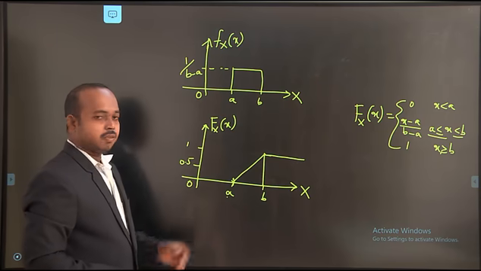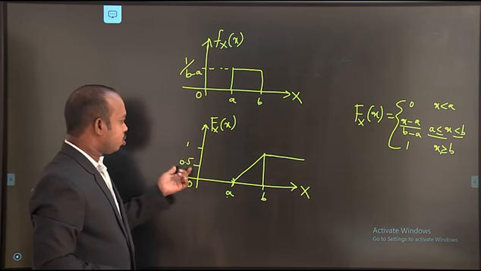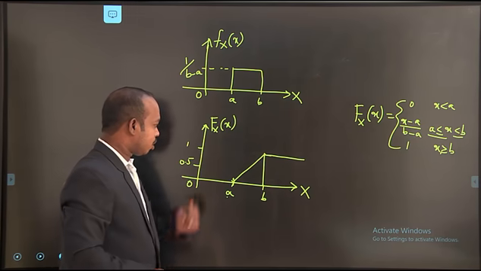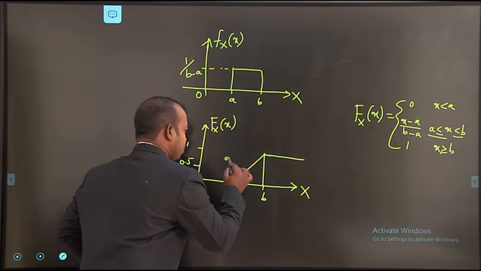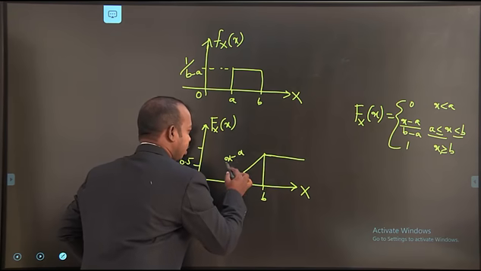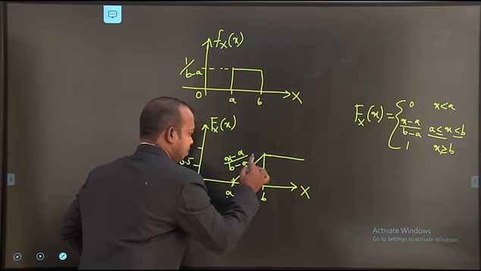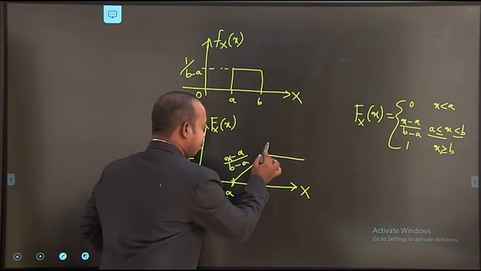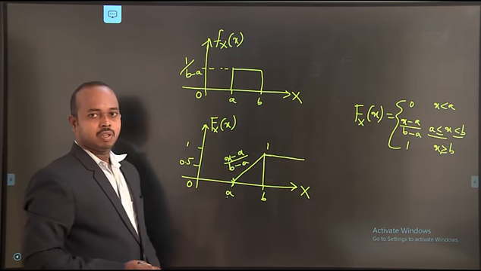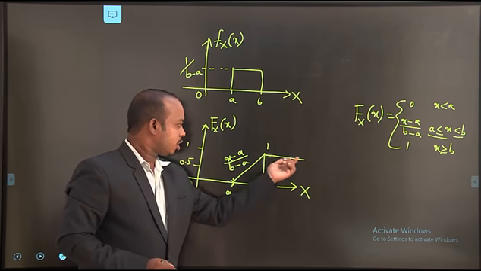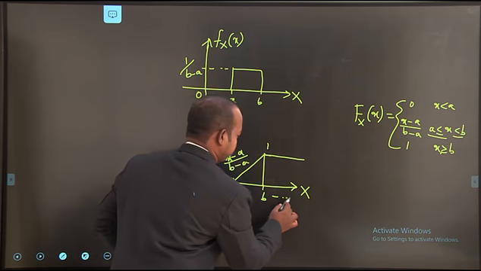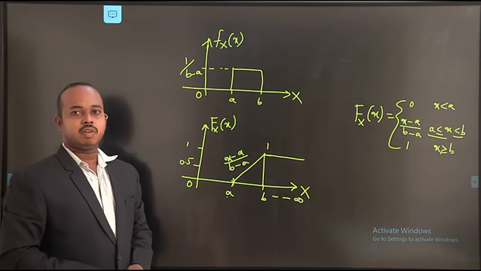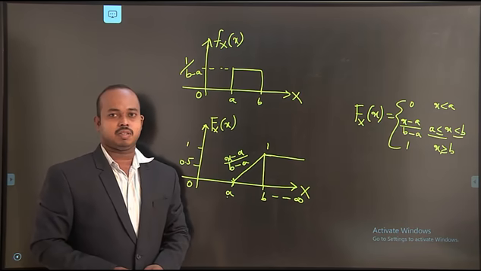This total graph represents the graphical representation of the distribution function. In this graphical representation, the slope is the quantity x minus a divided by b minus a. At b, we have the magnitude 1. The value 1 is constant up to infinity. This is the graphical representation for the uniform distribution function.